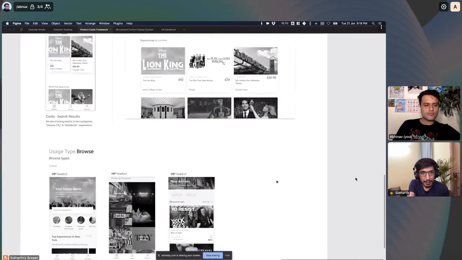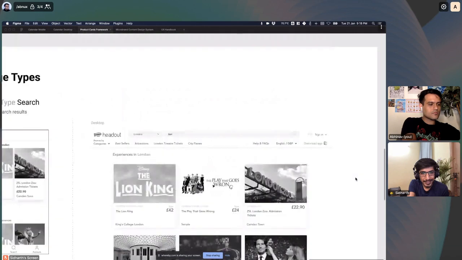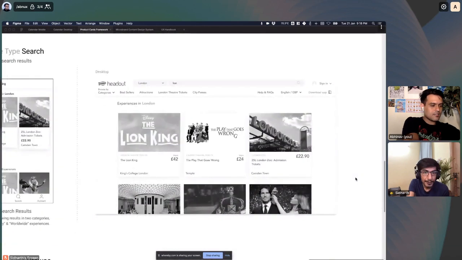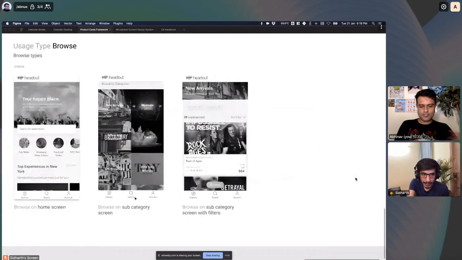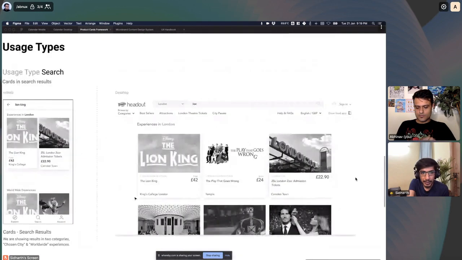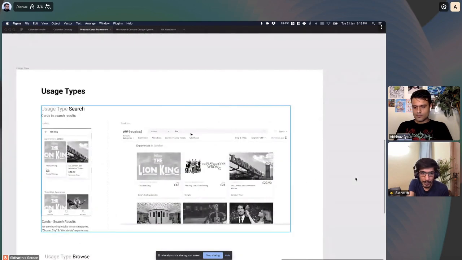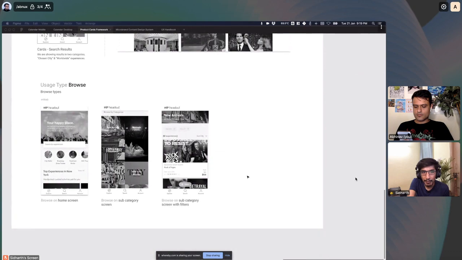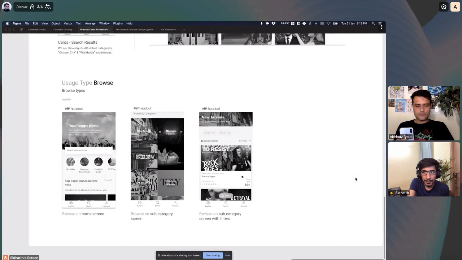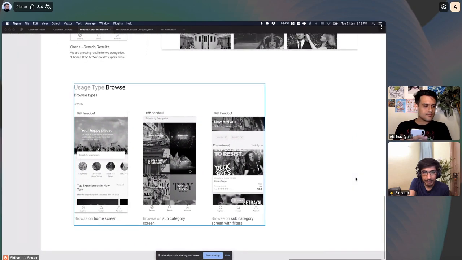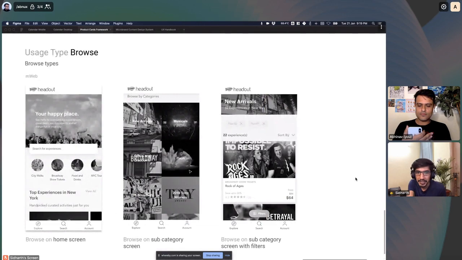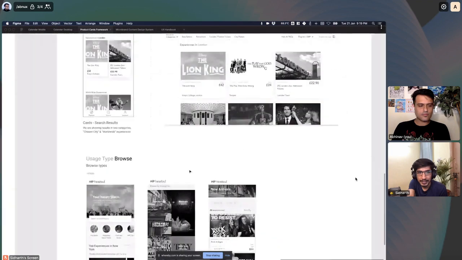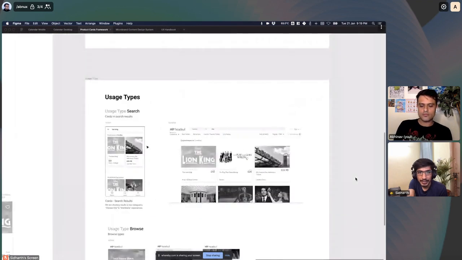There are 2 main purposes cards are used for. One is search, which is a significantly different behavior than browsing. Now, the reason I say that is when you're searching, let's say you search the Lion King, you're looking for a very particular item which either matches your criteria or doesn't. While when you're browsing, you are not necessarily looking for one particular thing. It may be you're just seeing what is there in Paris to begin with, right? So there are 2 completely different use cases,